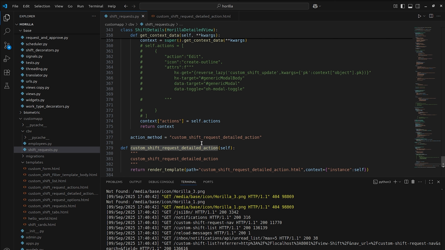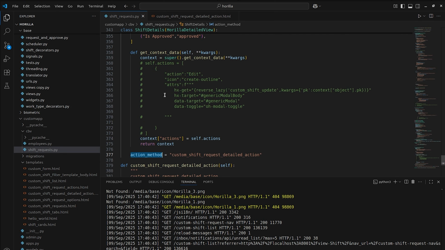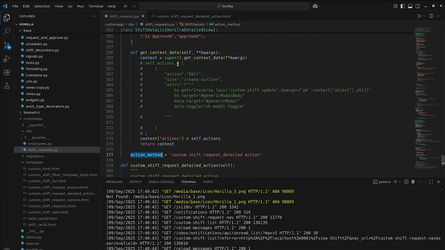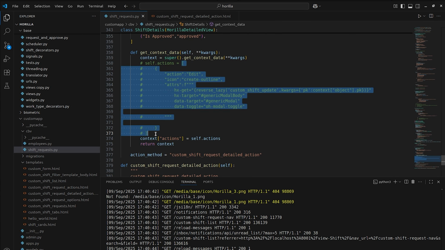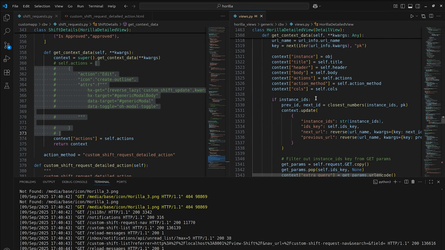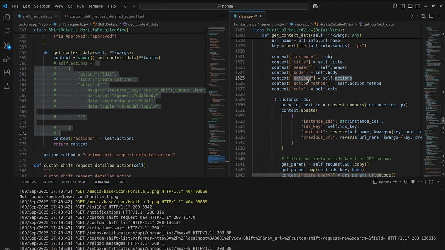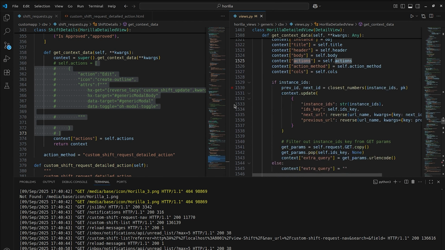At the current configuration, we have configured the action method. I'll show you both the actions dictionary items and the action method. When I go to the parent class and check the context, here you can see the action method is passed, and the actions is passed too. So first let's check how we can do it for the